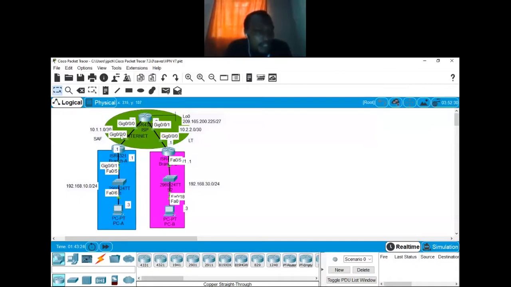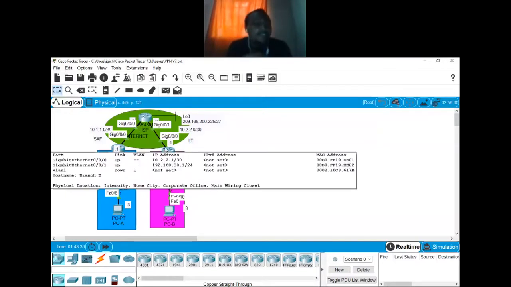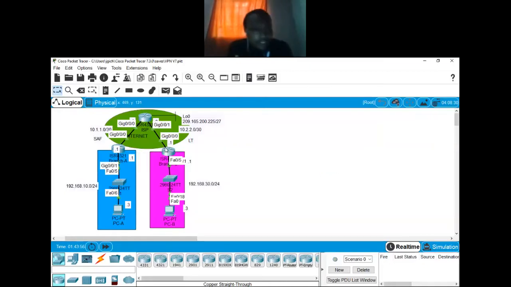If they're able to create a virtual link between here and here, they can configure their link the way they want. It's like they have laid an actual cable from Nairobi to Cairo. But in real life, ISPs have already done that workload for us. So what you're going to do is just create a virtual link on top of their cable without requesting them for the services. If you request them, like a frame relay, then there are other charges that you're going to incur. But in this environment whereby you create a virtual link, you don't really need to consult anybody. So you just know which commands or configurations to do on device A and device B on the other side. So this is what we call a site to site VPN.